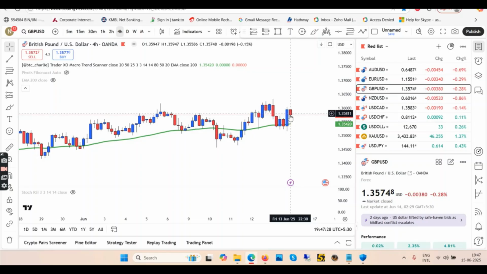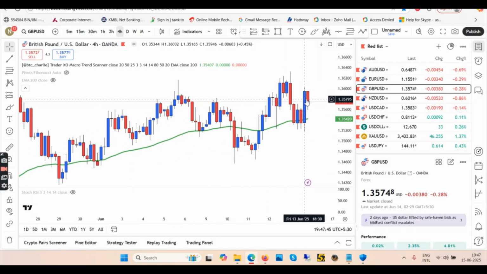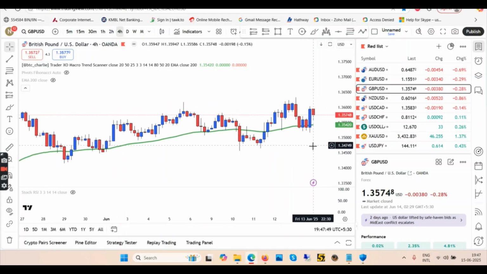Because this red candle was the last 4 hour on Friday, I'm assuming we are going up again, because you see this was the pullback, then we had consolidation, then we had a breakout and pullback, and then we should go up. In my case, we have rejected the EMA. As you can see, this long blue candle has closed way above the EMA. So I think I'm still looking for longs.